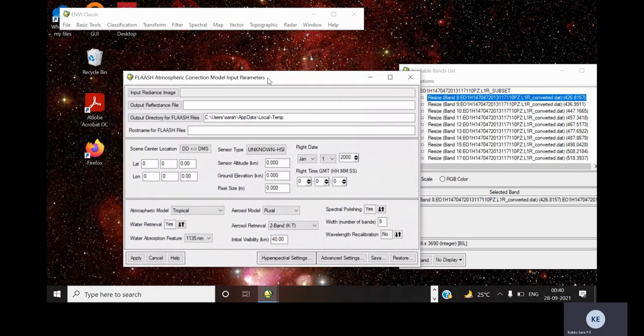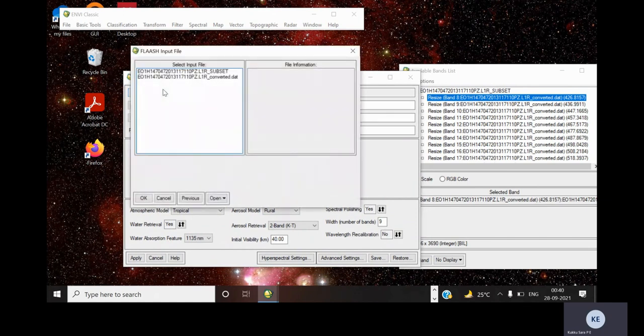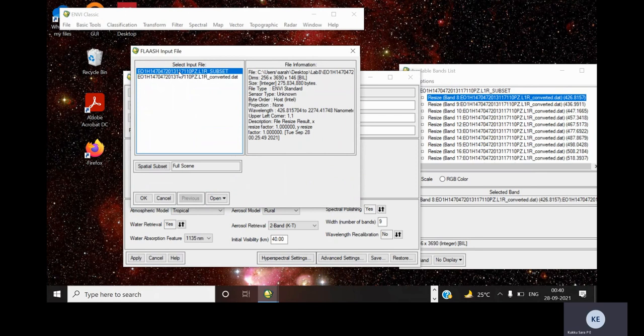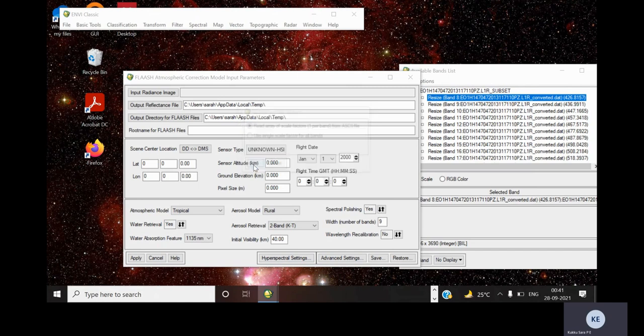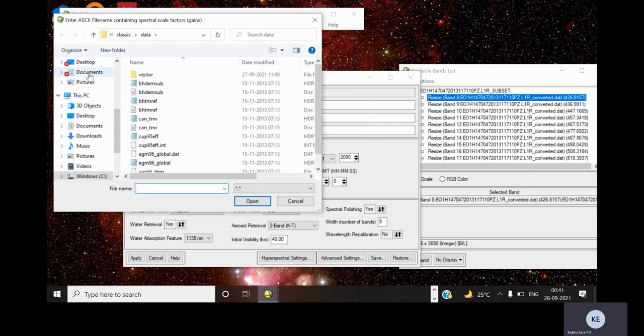First we need to input our radiance image. For that we'll select our subset image and then click OK. It will automatically ask for the radiance scale factors in order to convert gain values to radiance. So we'll open our array ASCII file containing the scale factors.